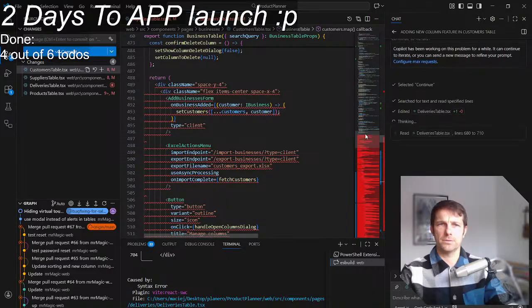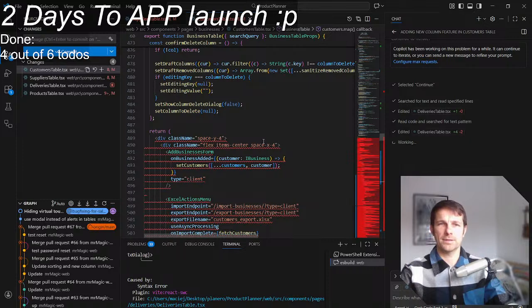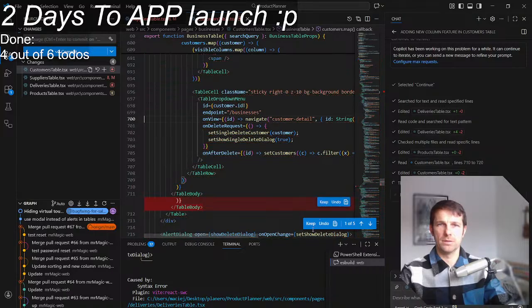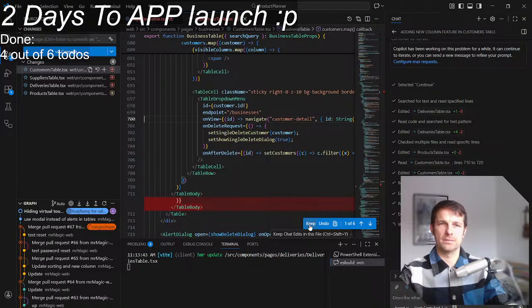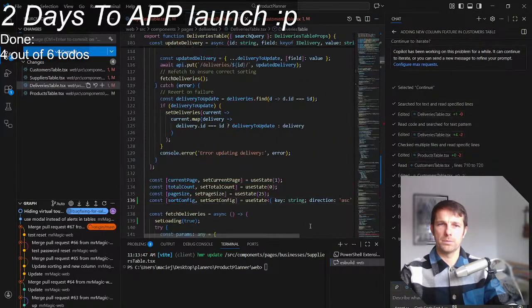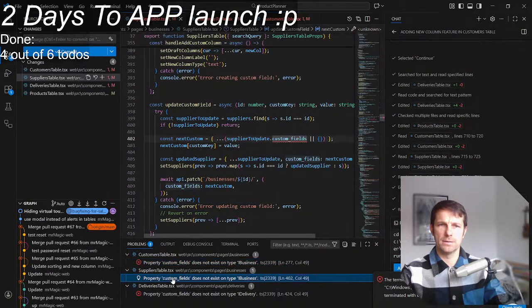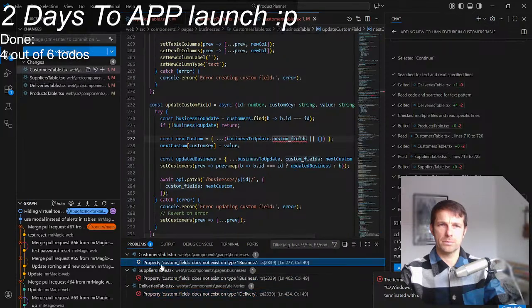I think like it's introducing some bugs here, like not bugs, like it's destroying my syntax, like 37 problems. Let's hope it's gonna figure it out himself, because I don't like to have 37 problems in my code. Oh, 17 now. Good. We are getting there. Keep going. Now 3 problems. Property, custom fields. That's okay. It's not defined in the TypeScript. We can live with that.